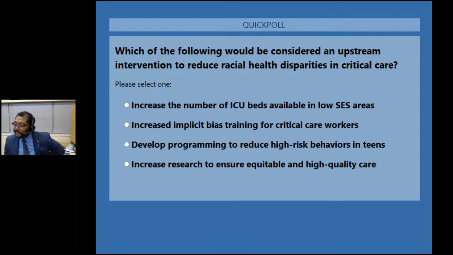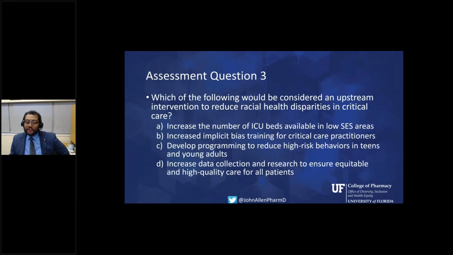So I'll give folks maybe another few seconds to answer. All right, and so let's see. All right, so this was a little bit of a surprise. So let me say all of them are needed. I want to make sure that I'm being clear here. All of them are needed, but when we really talk about upstream factors,